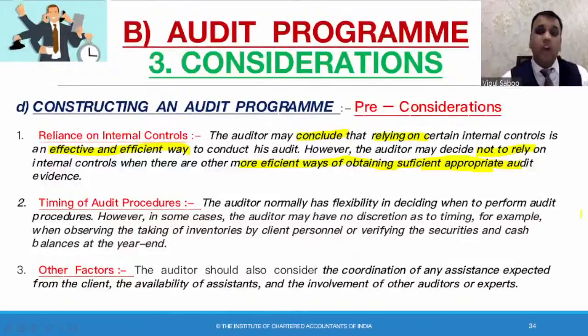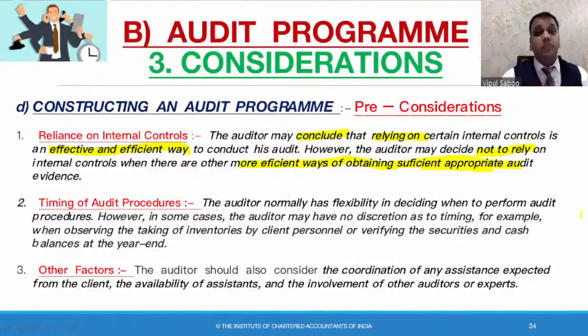Right? So this is how you can always ask for anything which you feel that if there is a car or if there is this item, show us the purchase invoice, or if there is a purchase invoice in the papers, in the books you found, you can always ask for that item, Rekha. Yes. As an auditor, you have full right to make inquiries, whether it is physical examination, inspection, which is within the scope of your engagement. If it is in the scope of your engagement, you have full right to ask for it. You have full right to tell them that please show us this particular area, show us this particular fixed asset. Okay.